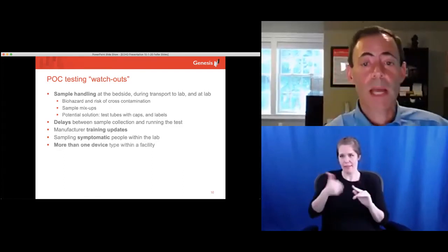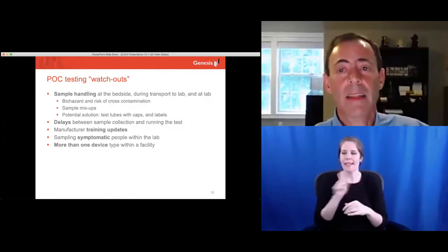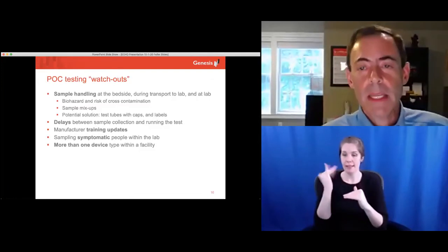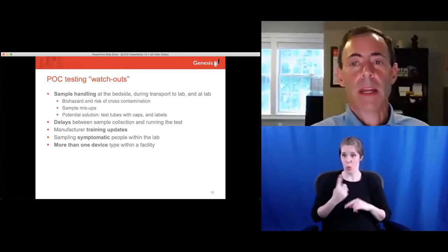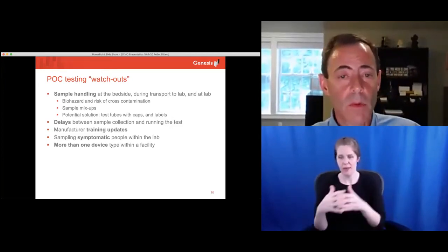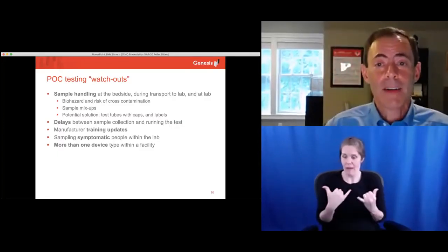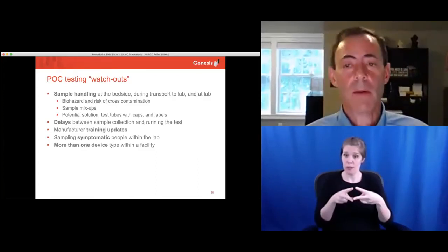And more than one type of device within the facility, because they all have different protocols and it can get confusing for staff. Right now, we have the BD and the Quidel machines, one of them in each of our facilities, like just about every other nursing home in America. And we're now starting to receive, as many of you are, the Abbott BinaxNOW paper test. So we already have 2 solutions in the center. That's going to be hard enough, but what we do not want to do is start mixing and making it